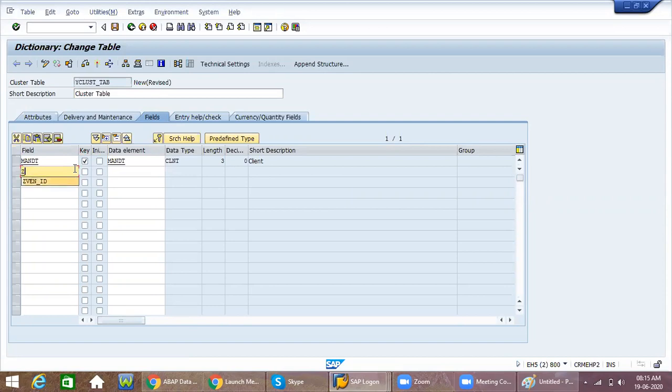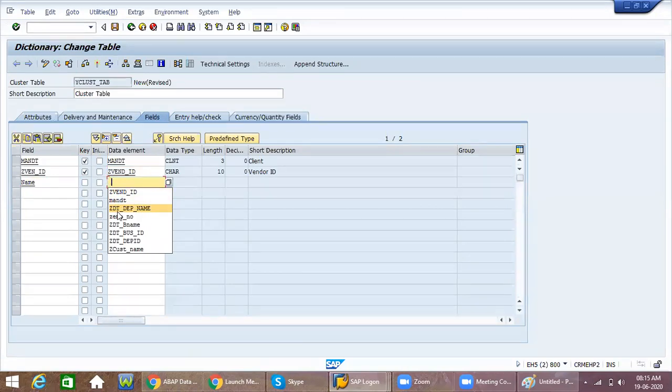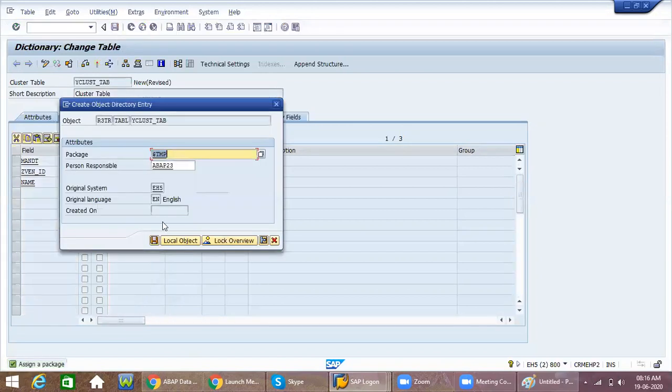Z vendor id, vendor id here. This is also a key field; the same key field should be there here. And for the name I'm using vendor name, and the department name. Save.